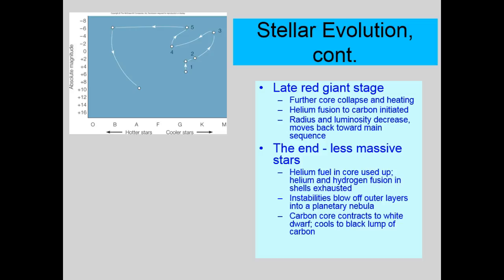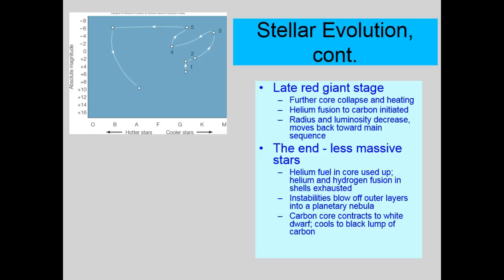gases in those outer layers. Remember that planetary nebula we saw at the beginning? You had a little thing in the middle, and your gases out here. Very, like, second, third slide we saw in the whole slideshow, that was a planetary nebula. The center of that is a carbon core, okay, contracted to a white dwarf, and over time, it's white because it's so hot, but over time there's no new fusion, so ultimately it cools off and just becomes a black